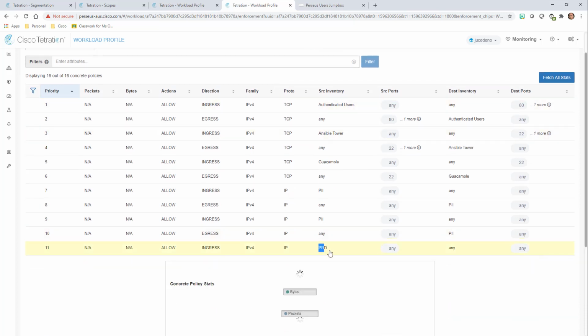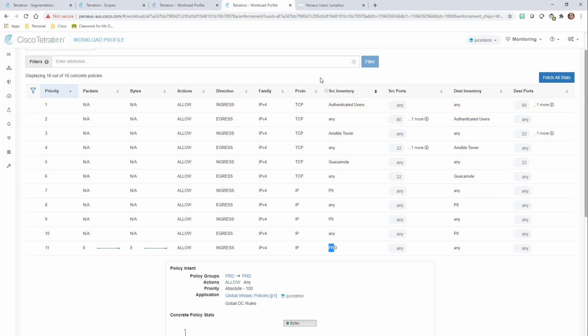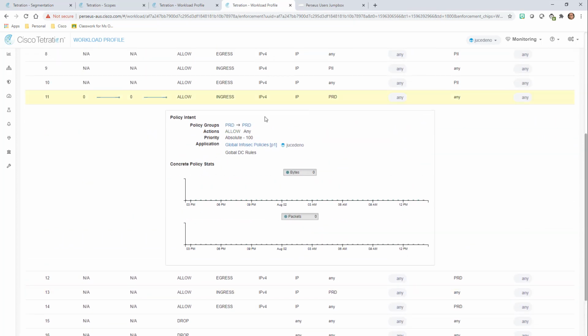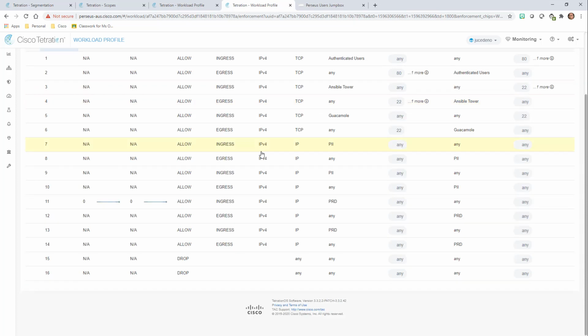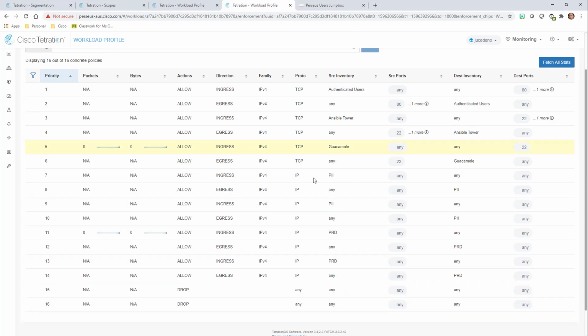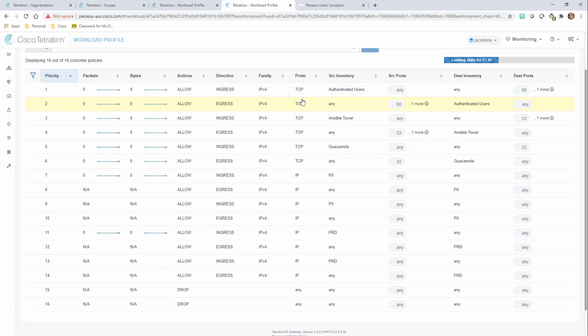It is included in the production rule set. It also needs to be managed by Ansible and Guacamole, and authenticated users are allowed access via port 80 or 443. So you can see that all of these rules here, we don't have any traffic going on right now on this particular rule set. But what's cool is that, as you just saw, if I go in and click that rule, Tetration will say, okay, here's how much traffic you actually have going on that rule. If I say fetch all stats, what Tetration will do is start fetching